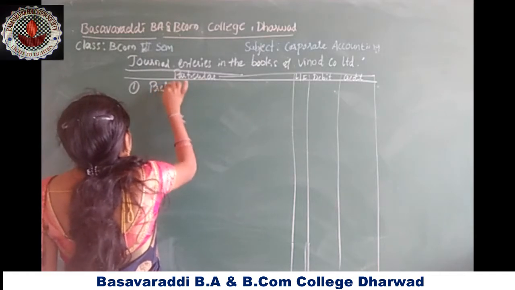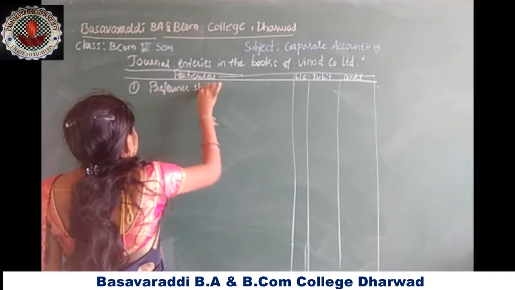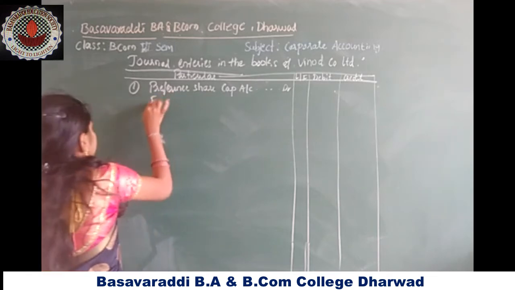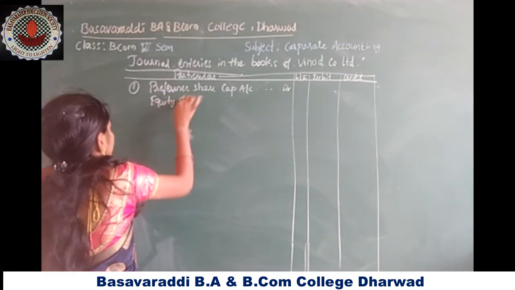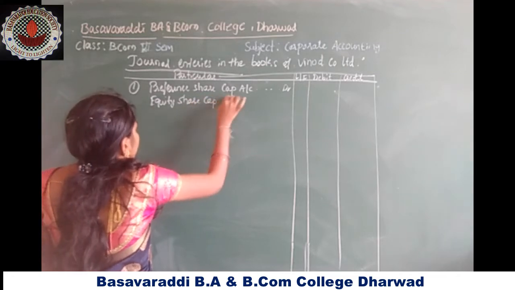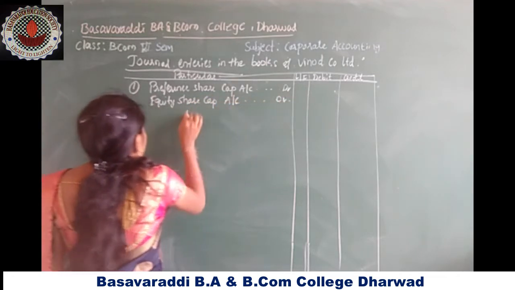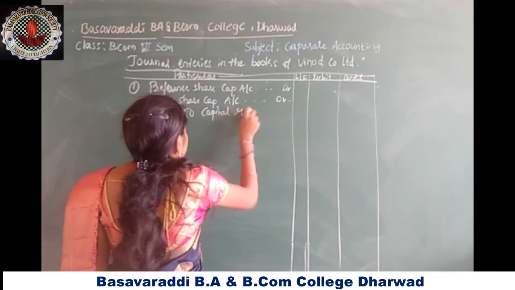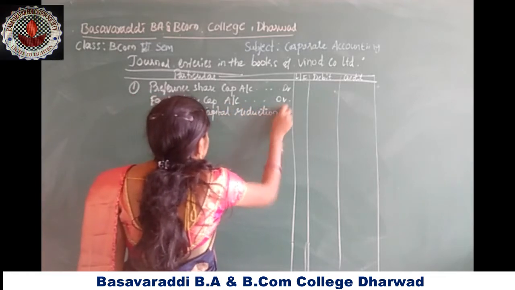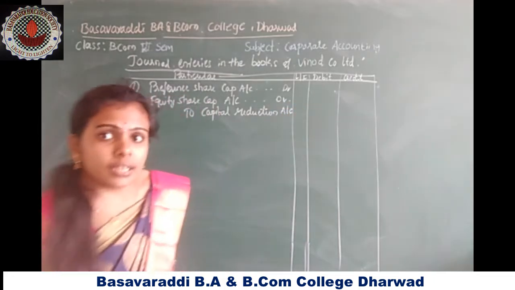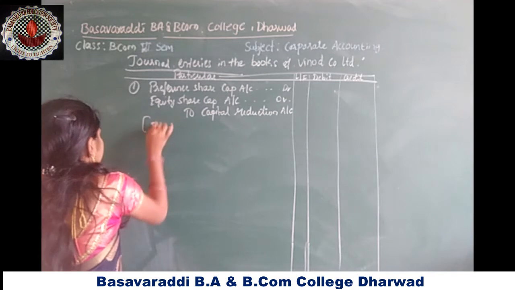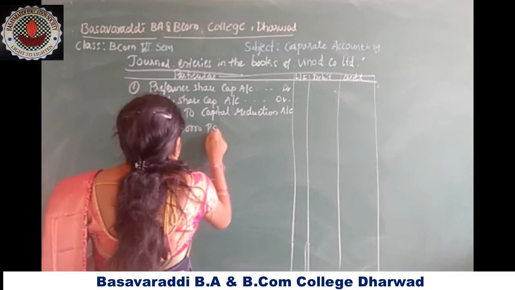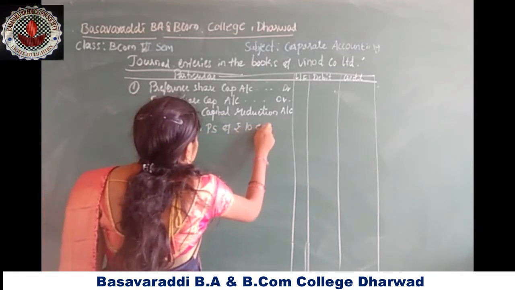Preferential capital account debited, equity share capital account debited to capital reduction account, being 30,000 preference shares of rupees 10 each,